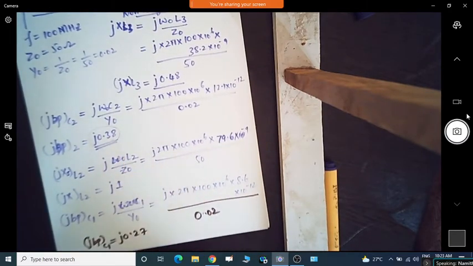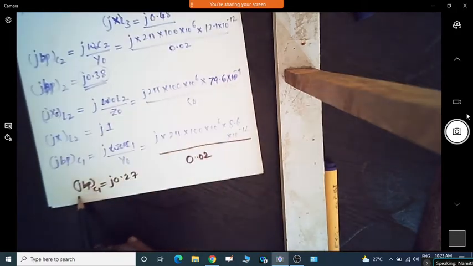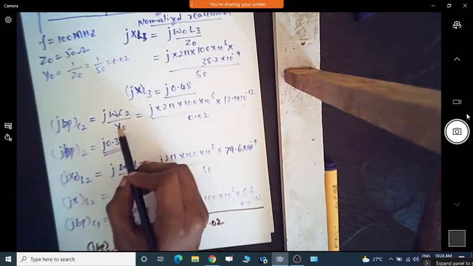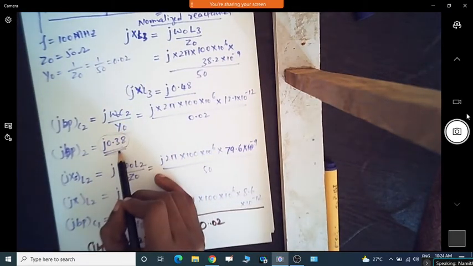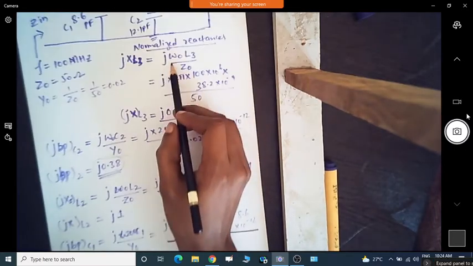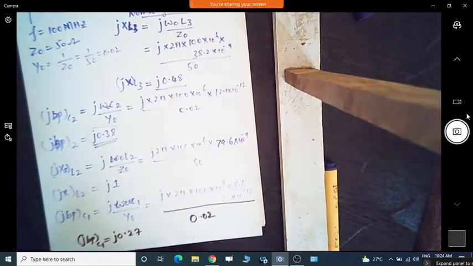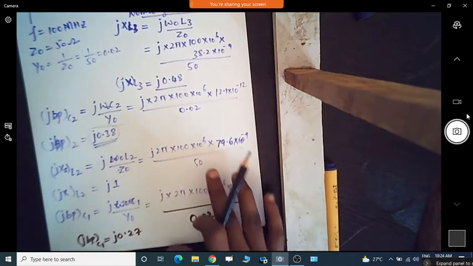Okay, if I use this color, it is okay. This is visible. Yes, sir. Then this is not a problem. You can use the equations and find out the reactances. That is not a problem. We are just finding out the reactances of the inductor as well as the capacitors.